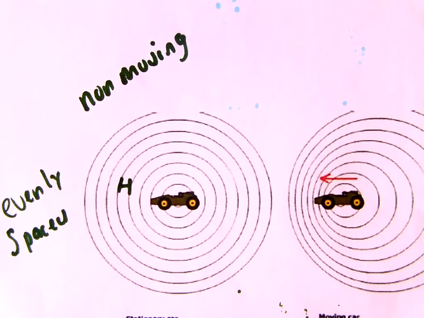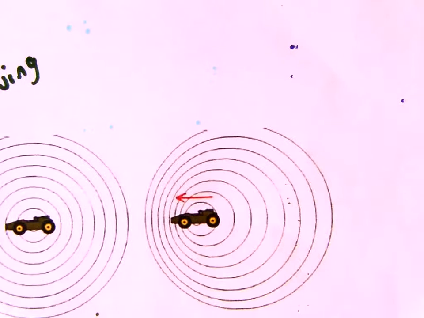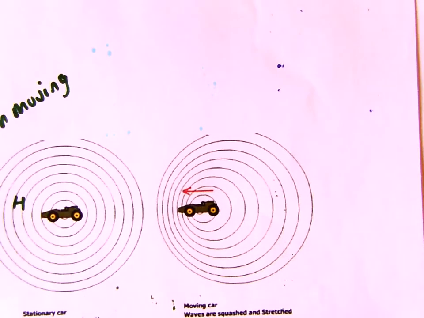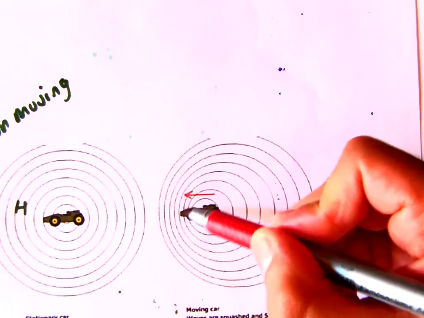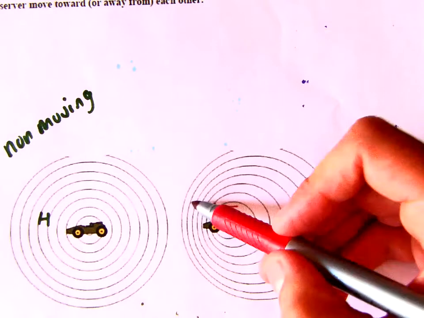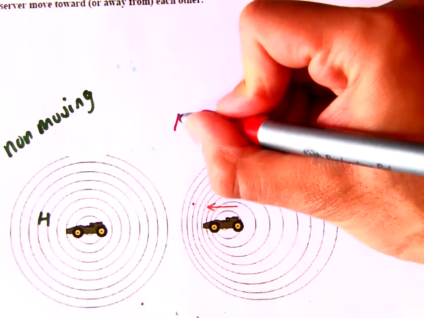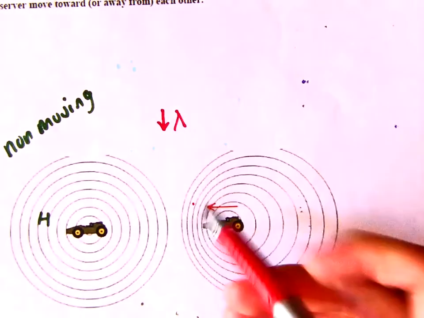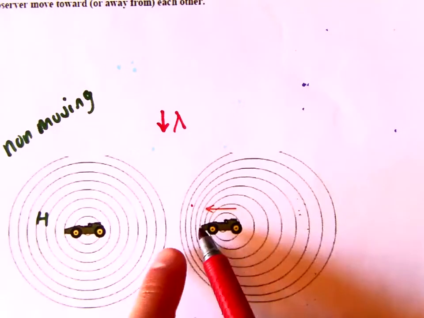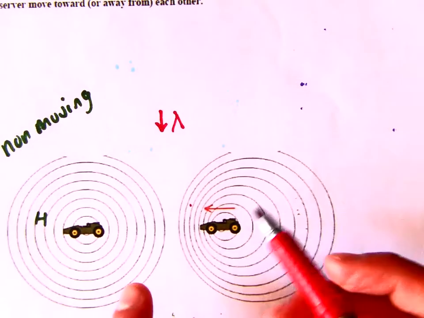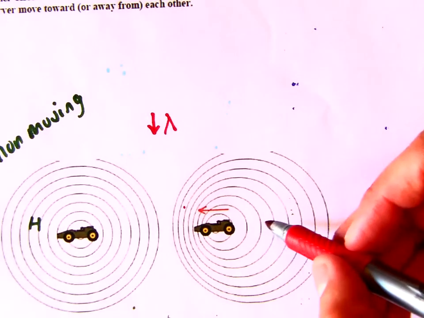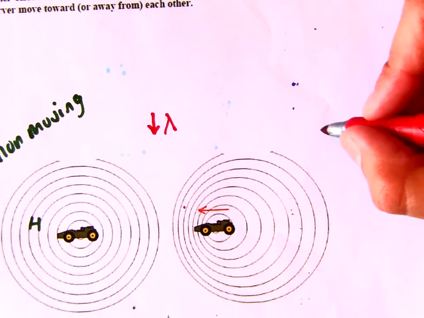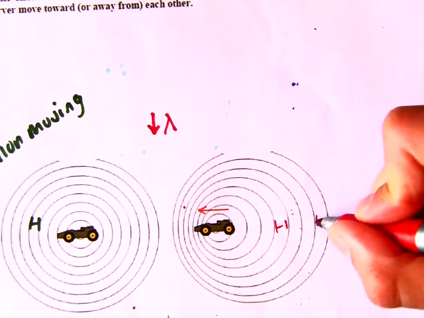Okay, however, when we have a moving sound source, that changes. The waves are no longer evenly spaced because, if you notice, in the front the waves are more together. In other words, in the front, my wavelength goes down. It decreases because the waves are squished. Why? Because the car is driving in this direction, so those waves that are coming out are squished in the front. In the back, because those waves are leaving the source, they have, if you notice, a larger wavelength.